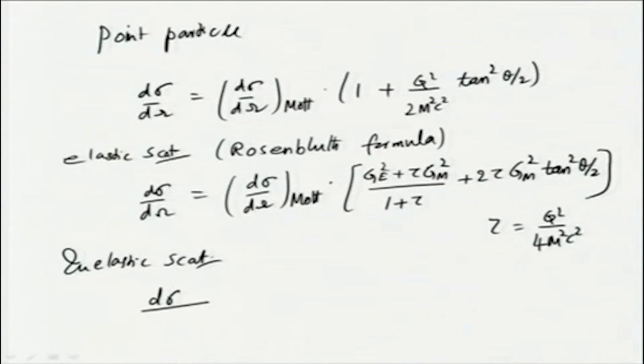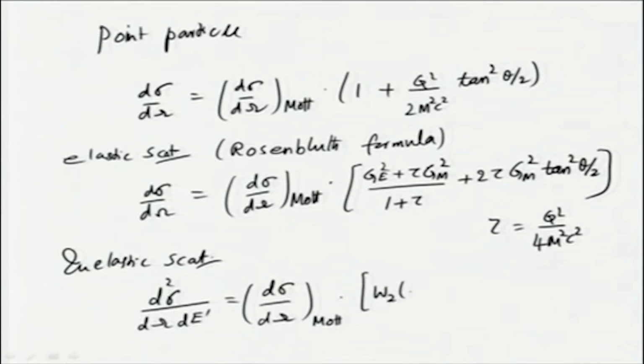So, therefore, we consider d²σ/dΩ dE′, where E′ is the energy of the final electron, equal to (dσ/dΩ)_Mott times [W₂(q², ν) + 2W₁(q², ν) tan²(θ/2)]. If you look at these